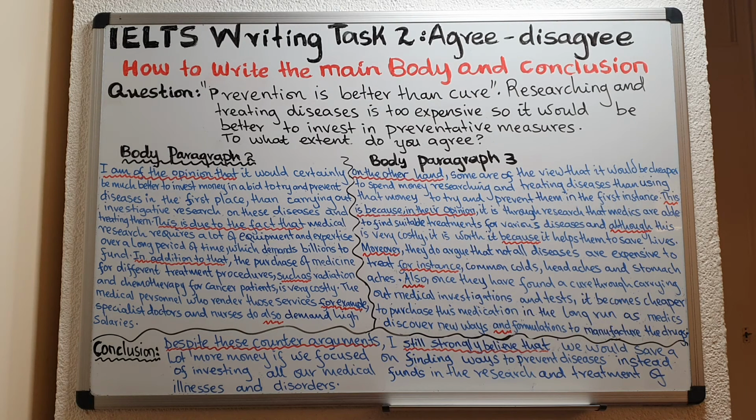equipment, expertise, funding, treatment procedures, radiation, chemotherapy, cancer patients, medical personnel, specialist doctors, nurses, high salaries. And then in body paragraph 3, you have vocabulary such as cheaper, spend money researching, treating diseases, preventing them, suitable treatments, costly, save lives,